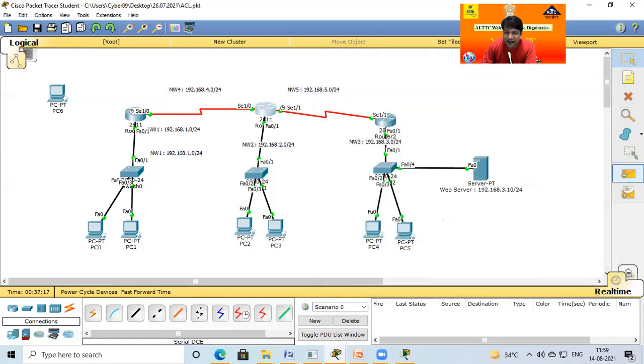Now I test. I send from PC0. Now this fails. You can try a lot, because my router does not allow this entry in this location. But PC0 is not blocked at other locations. This is successful. At the same time PC1 is working. Okay, so this is the access control list. Such types of ACL were used in Kashmir when removing Article 370. Just standing at the main router, our engineers, as per instructions given by the government from time to time, brought internet service and telecommunication system down. This is possible with the help of this traffic control.